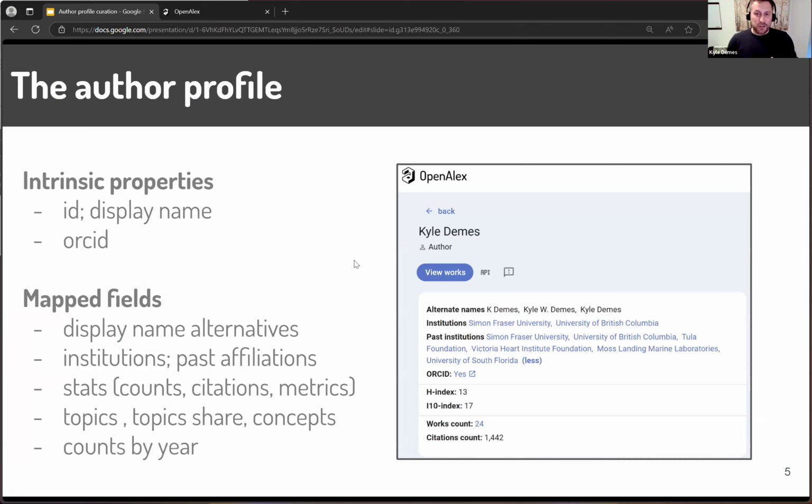If you haven't found an author profile in OpenAlex, this is sort of what it can look like. And I want to point out there's two different pieces to these author profiles. One is sort of these intrinsic properties of the author profile itself. And then the other are mapped fields. And these are really important for understanding how the author profiles are made, but also how to fix some of these problems. Intrinsic properties are things like our ID,